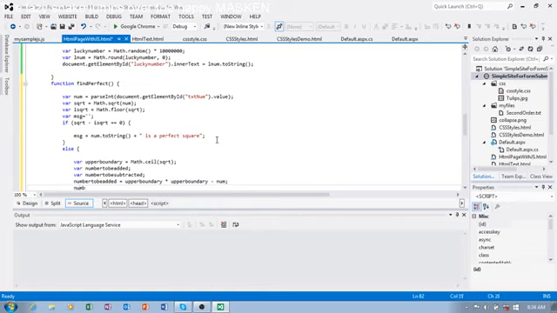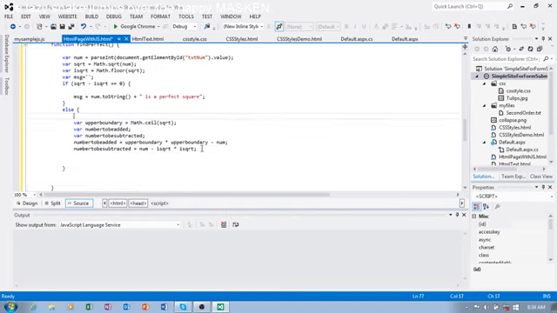Similarly, number to be subtracted equal to, here num minus what that is, isqrt multiplied with isqrt, like this we make it. So with this now we need to write